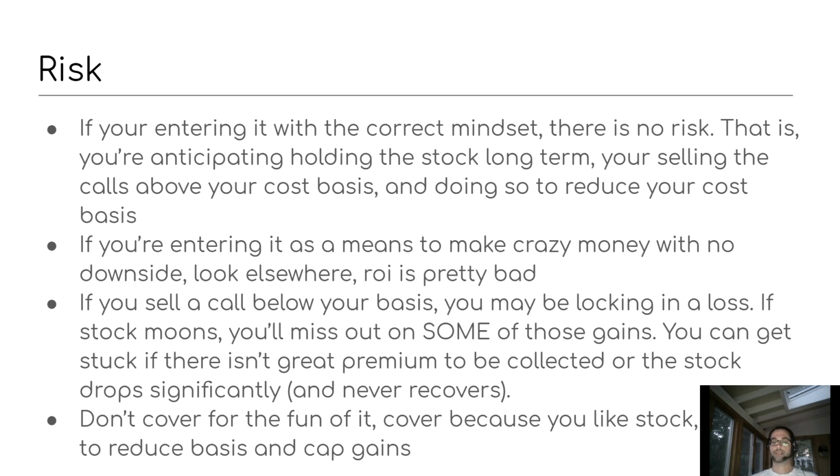The ROI, in my opinion, is terrible. There's a lot of funkiness where maybe a pure simple option, where you have either 2 legs or 1 leg in your strategy, makes it much easier to roll and manage that position. When you have stock getting involved, now you have to consider that you have to close out your option position before you can sell your stock if you want to. So if you're planning on touching the stock, it's not really a great idea to enter in a covered call, especially if it's a longer term covered call. If you're doing maybe like a 2-week expiration or something like that, just to collect a couple more bucks, whatever. But